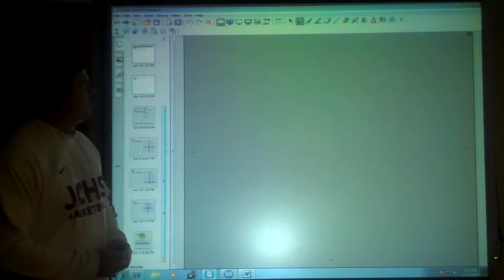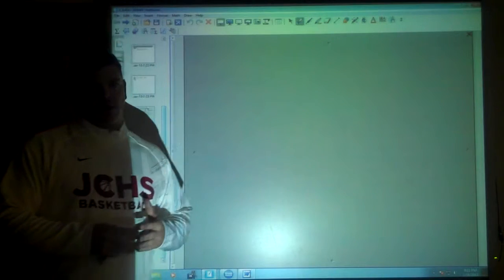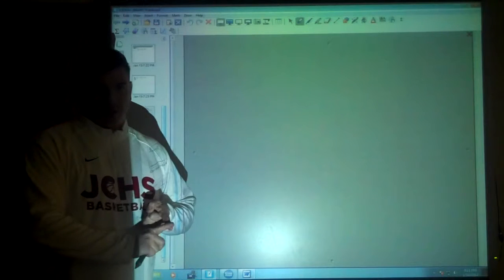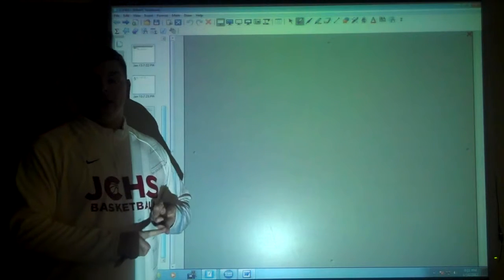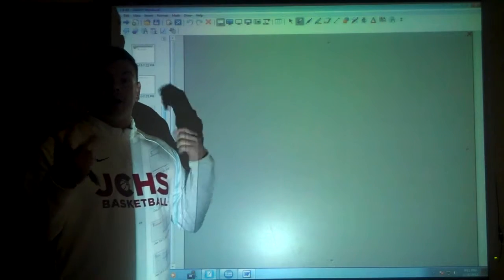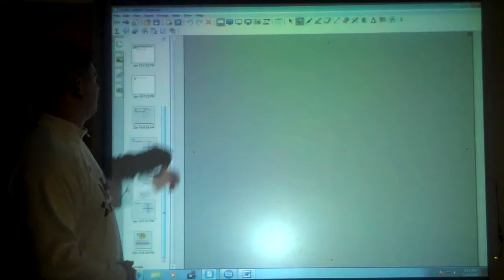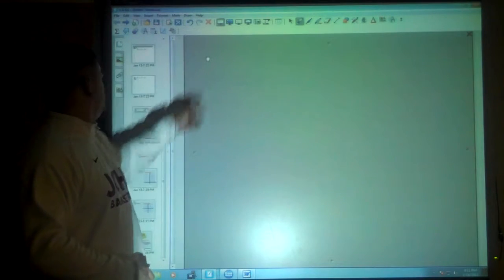Intro Algebra Lesson 4-6a. Now with all the time that we've spent talking about linear equations, we know how to make input-output tables to graph. We know how to find x and y intercepts. We know how to find the slope. Now we're going to talk about how we can combine those and come up with a form that's really easy for us to graph. And that form is known as